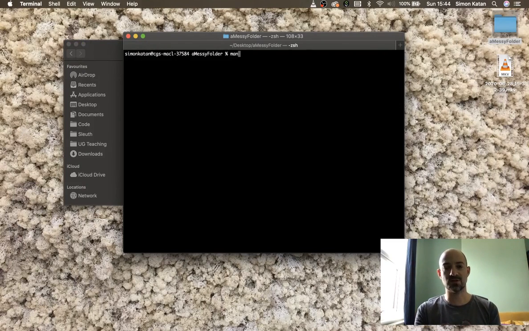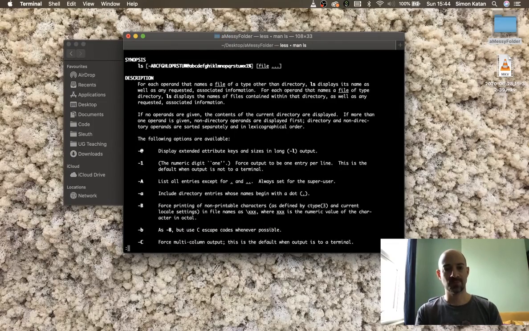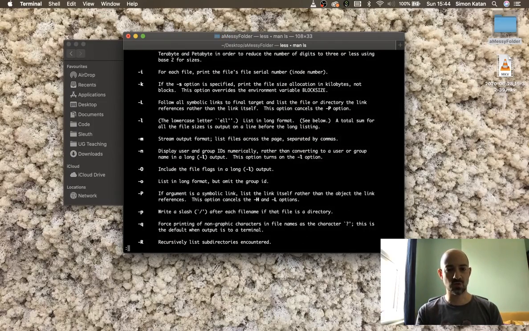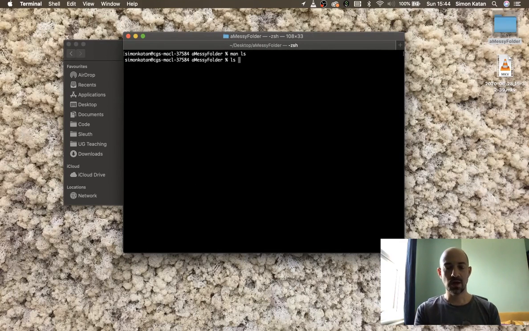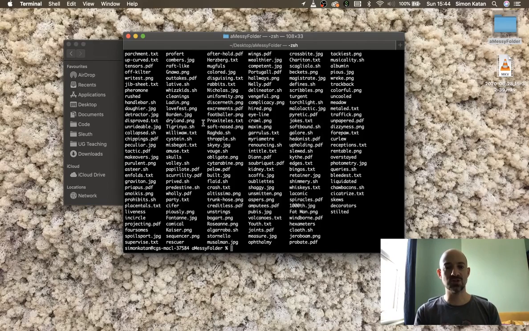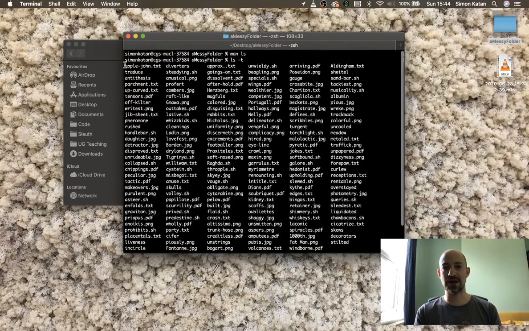So we'll look in the documentation, man ls. And if I scroll all the way down, you'll see that there is an option with a lowercase t and it says sort by time modified. And that's the one we want to use. So I'm going to go ls -t. And we should see Applejohn now at the beginning, which it is,